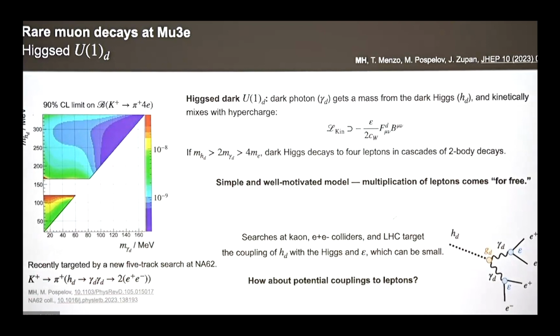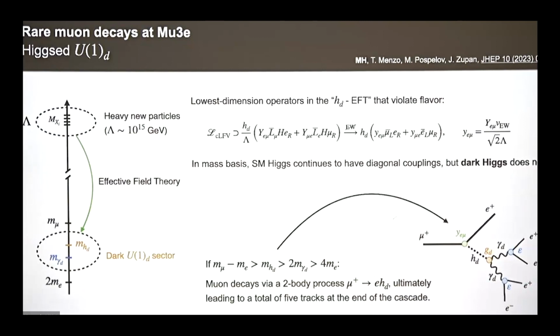And you can see here K to 5 tracks, just like the muon to 5 tracks. In this case, one of them is a pion. It reaches branching ratios as small as 10 to the minus 9 and smaller, depending on where you are in the mass versus mass plane. So that's a very impressive type of search where you get this large lepton multiplicity for free. But now you could think about the same model from an effective field theory point of view,